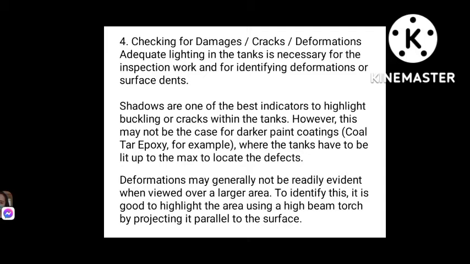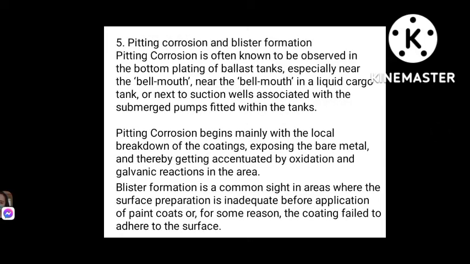However, this may not be the case with darker paints, coatings, coal tar, epoxy, for example, where the tanks have to be lit up to the max to locate the defects. Deformation may generally not be readily evident when viewed over a larger area. To identify this, it is good to highlight the area using a high beam torch by projecting it parallel to the surface. So fifth,